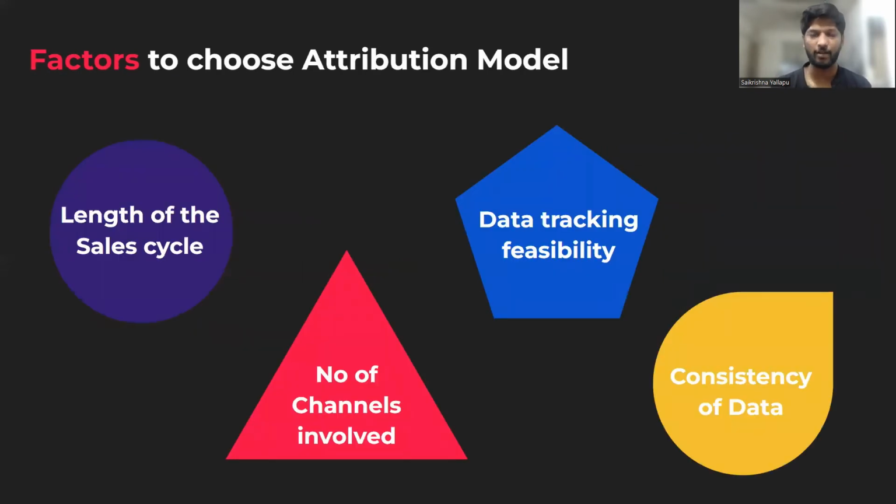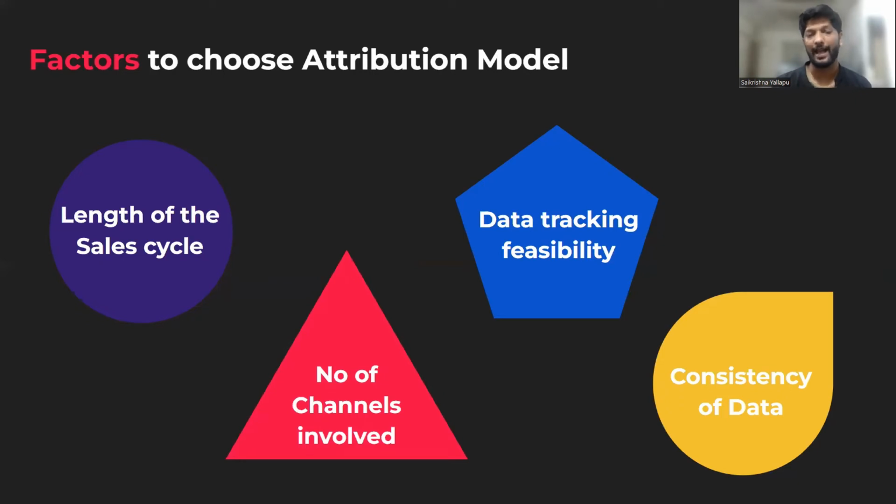What are the factors of different attribution models? The length of the sales cycle, the number of promotion channels involved, the data tracking feasibility, and the consistency of data. Based upon these four factors, we can choose the right attribution model, or we can come up with a custom attribution model as well. As long as the length of the sales cycle is kept to a minimum, the attribution model doesn't